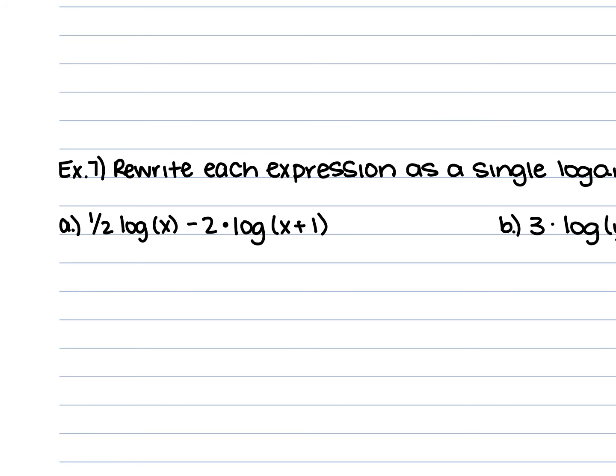It's kind of trying to confuse you a little bit because of that minus 2 outside the parentheses on that x. So what you want to do is take that 1/2 and put it on the power of what's attached to the log. The only part of this that's attached to the log right now is the x, not that minus 2. If the minus 2 was attached to the log, you'd have parentheses on the x and behind the 2. So those parentheses are only on that x. They only surround the x, so that 1/2 only applies as the power to the x. So we're just going to rewrite this side as log x to the 1/2